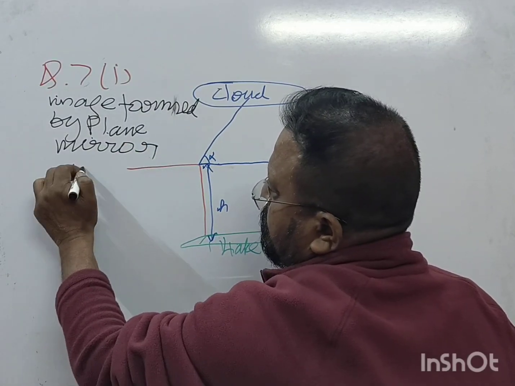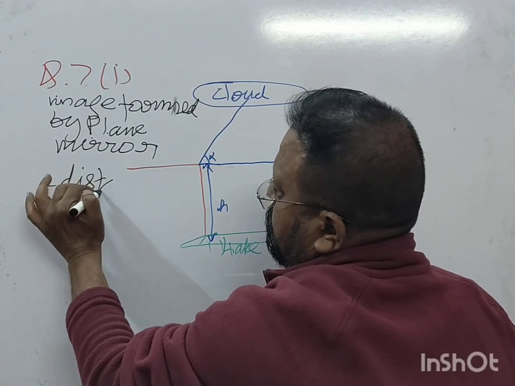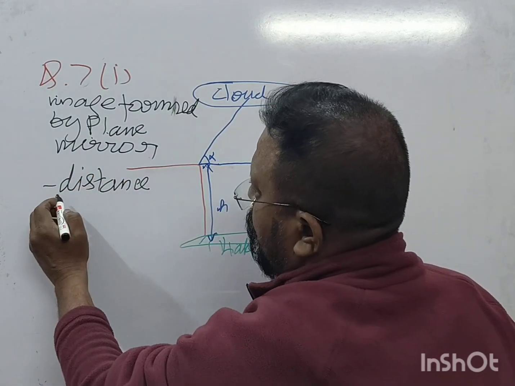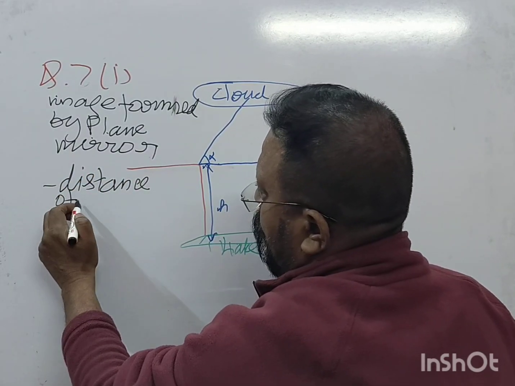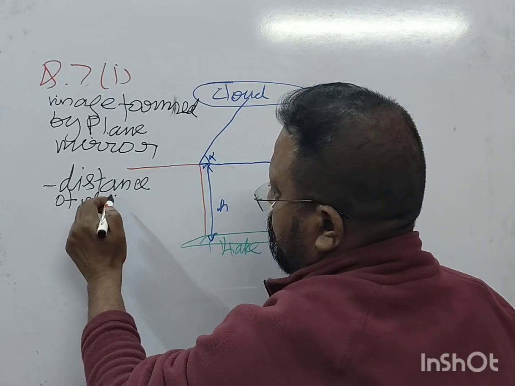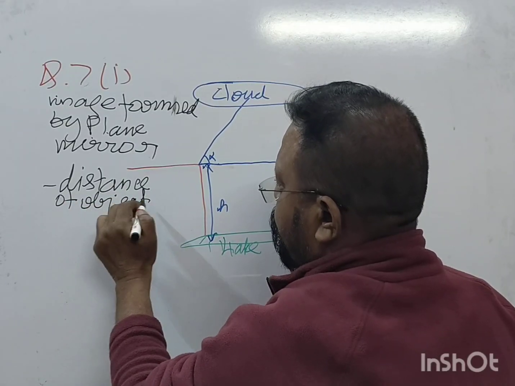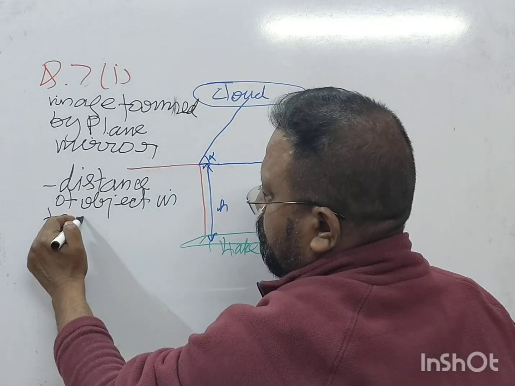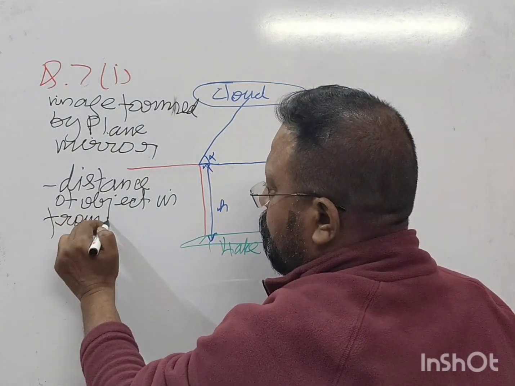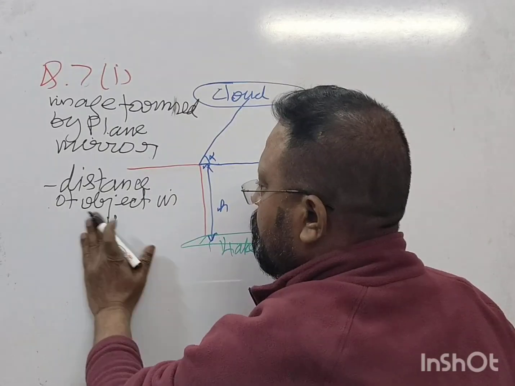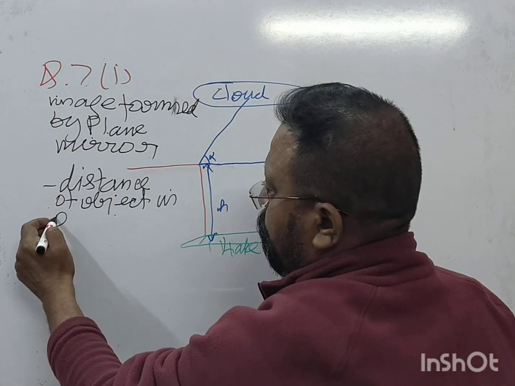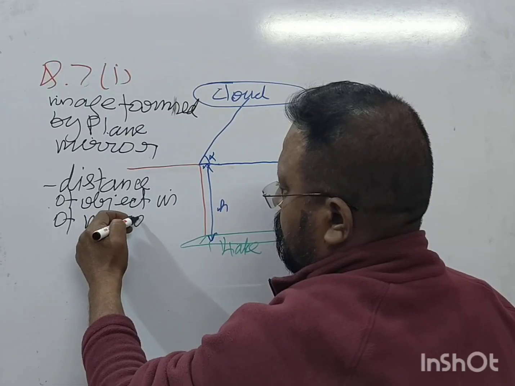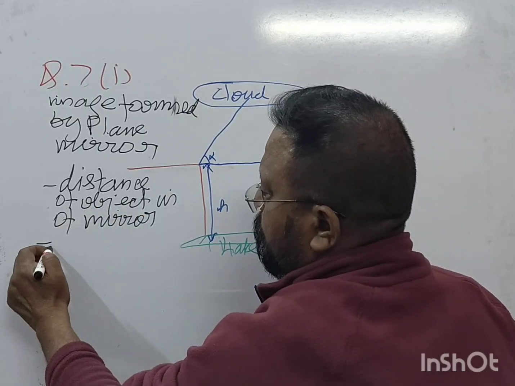Distance of object in front of mirror is equal to